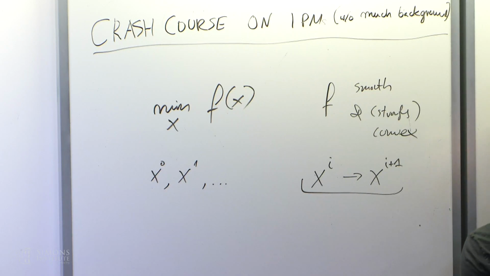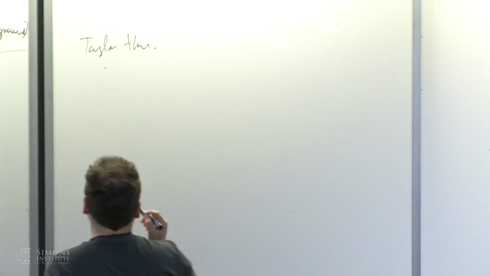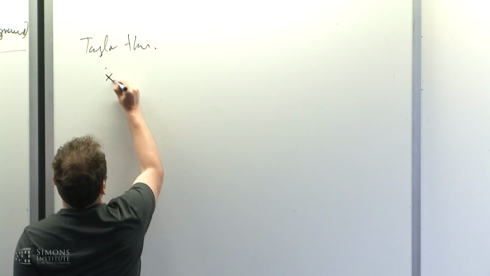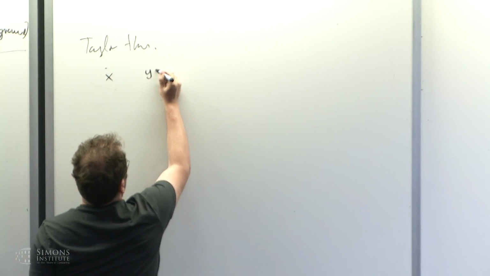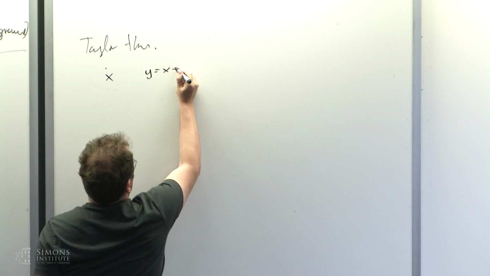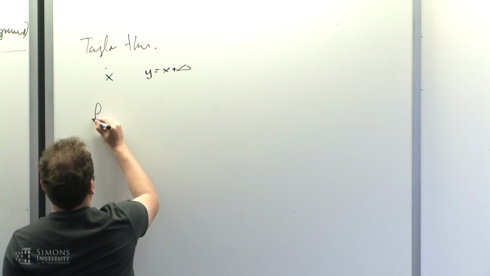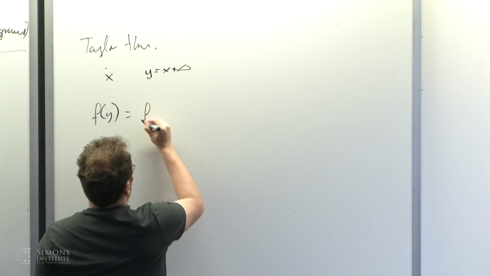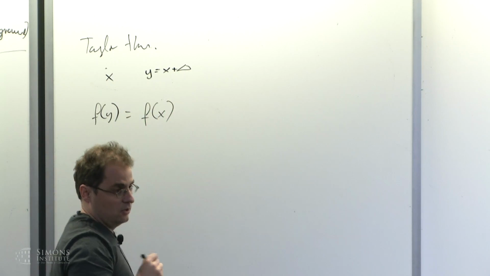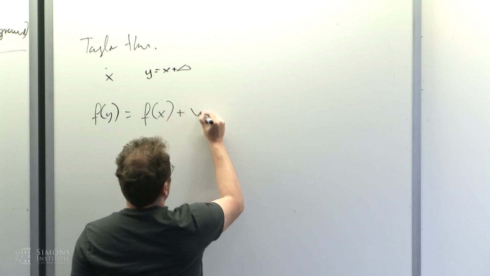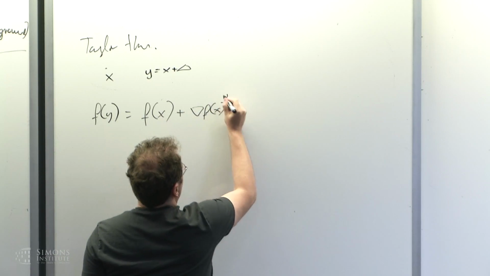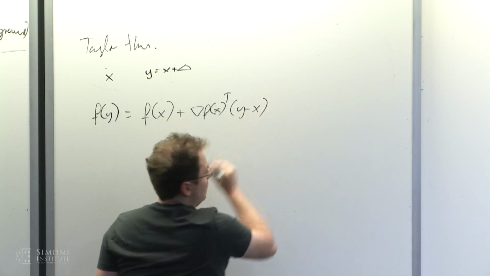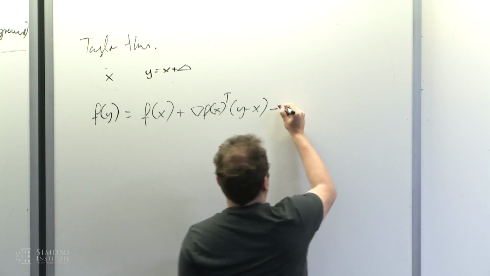okay, which tells you that if I have some point x around which I want to understand my function, how it behaves in the neighborhood, I can write, so I have point x, and then there is the point that I would like to understand, which is some x plus delta. So then I know that I can write f of y as the value of the function at the point x. This is the 0th order term. Then there is the first order term correction. Okay. Then there is the second order term correction,